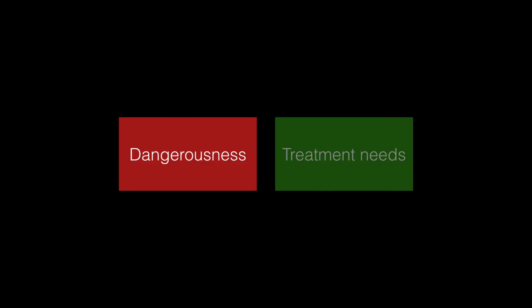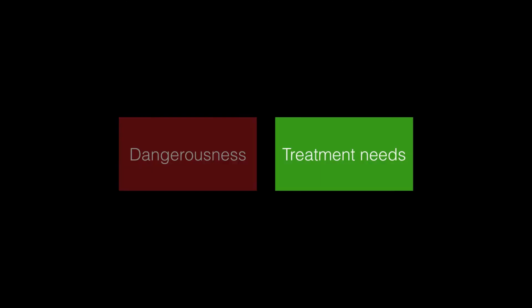So, the psychological component of the assessment at entry has two purposes. The first is to assess the prisoner's dangerousness to maintain the security and safety of those in the prison. And the second is to assess the prisoner's treatment needs so that the appropriate interventions can be undertaken. Risk assessments might also be conducted at times of psychological crisis for the prisoner. For example, if the prisoner attempts to commit suicide, shows signs of emotional agitation, psychotic behaviours, refusal to eat or participate in prison programs. Finally, risk assessments are conducted when decisions are being made about the prisoner leaving detention before the full duration of his or her sentence has elapsed.